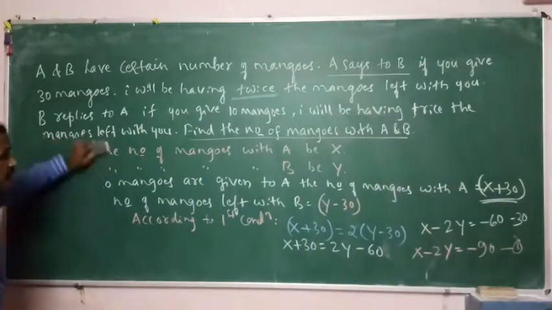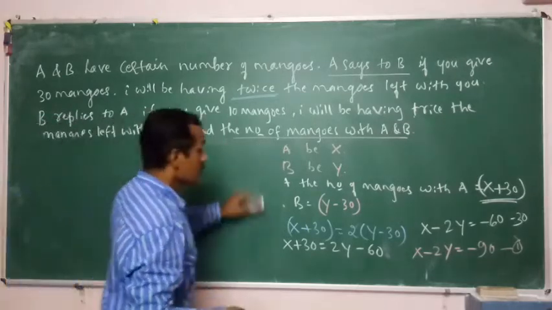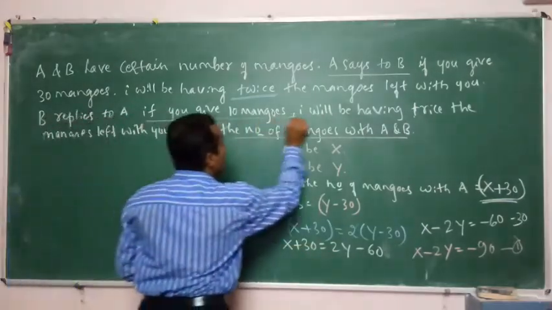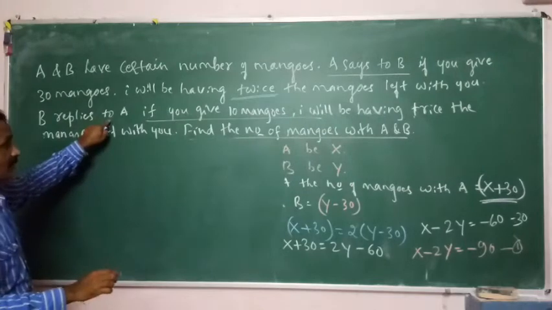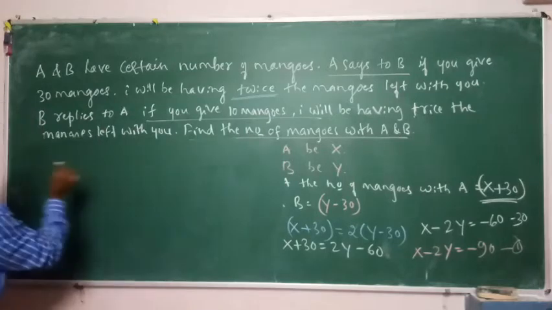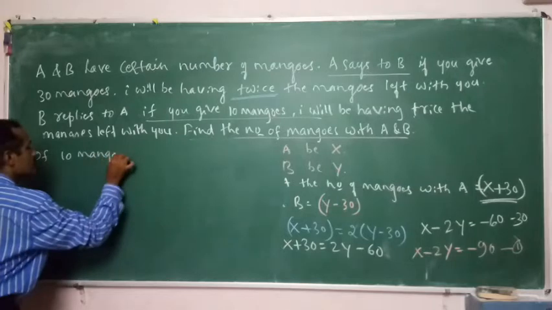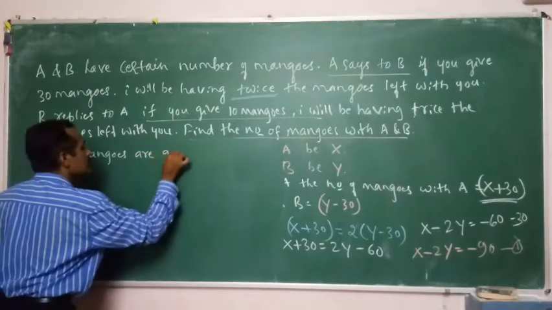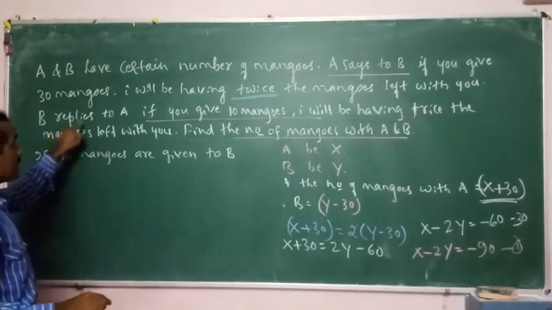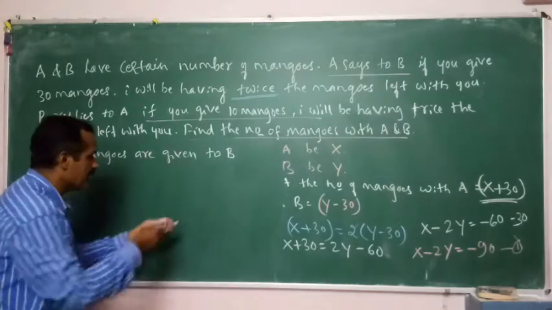Let us go for the second equation. Come on, let us go for the second condition. Now what B says? If you give 10 mangoes, B replies. B says, now you give me 10 mangoes. I will write now. B says to A, you give me 10 mangoes. If 10 mangoes are given to B,